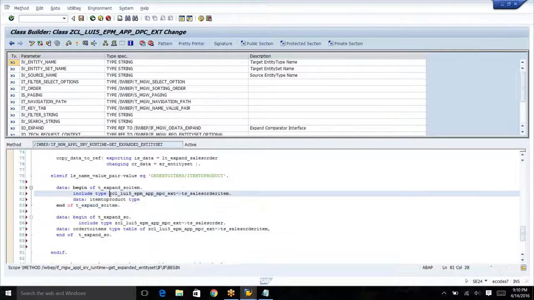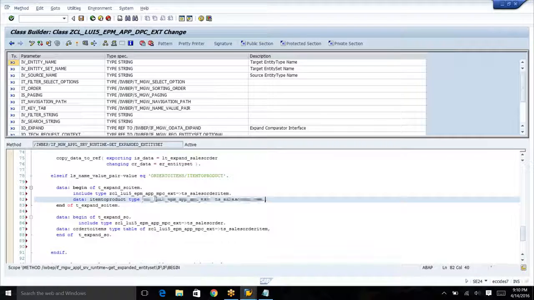Type, it will be of that product, right? So it is just product. If you look at the model provider class extension, you will see all these types. Okay. So now the sales order,